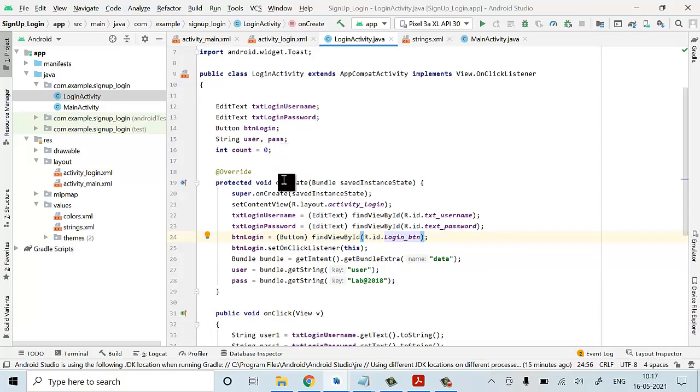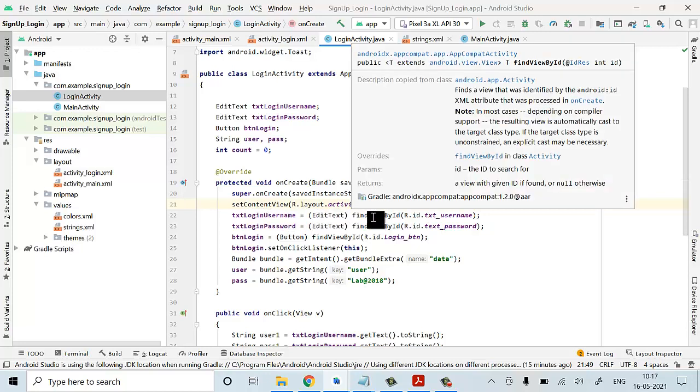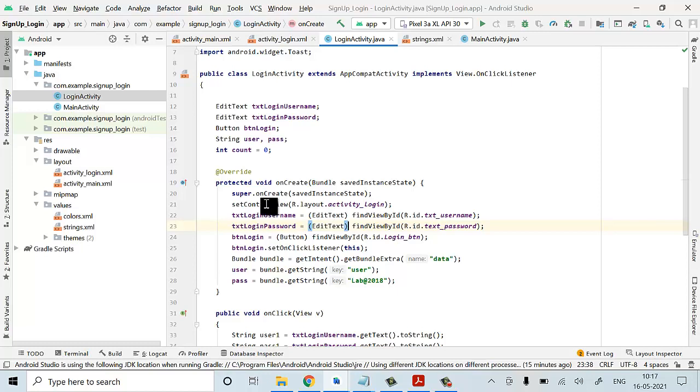Coming to your onCreate, as usual here I am going to display the activity_login.xml file. So I have specified setContentView(R.layout.activity_login). I am identifying the edit boxes and storing the IDs of your login username and your login password. Same thing with the button, I am going to identify it.